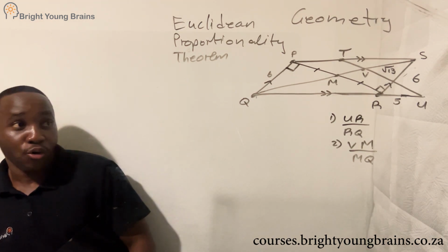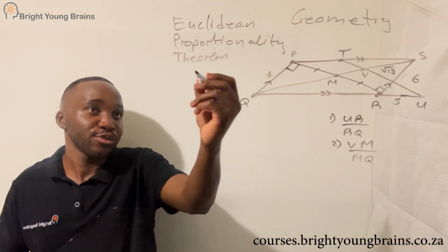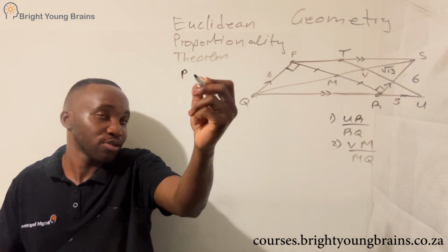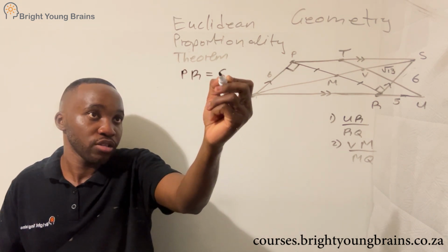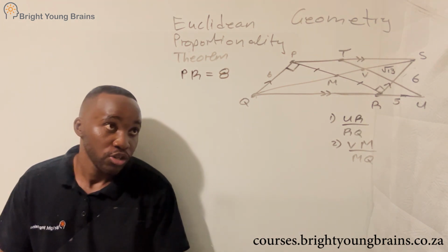And then looking at this some more, there's one piece of information that I did not put on the sketch. They told us that PR is equal to 8. So